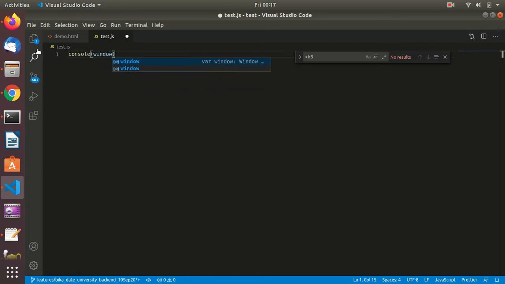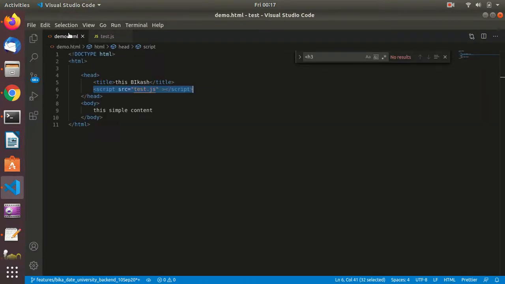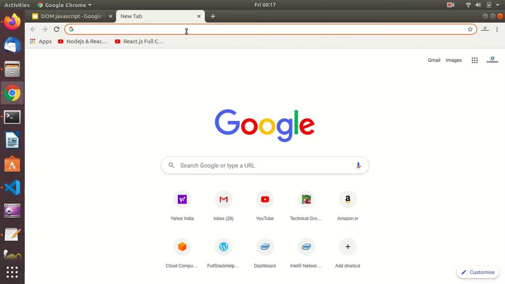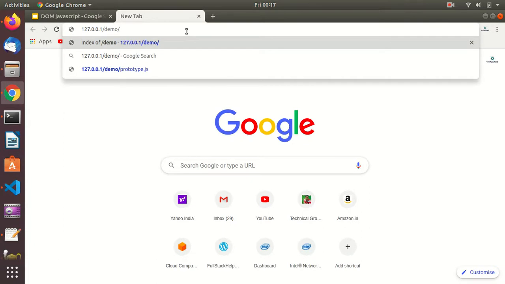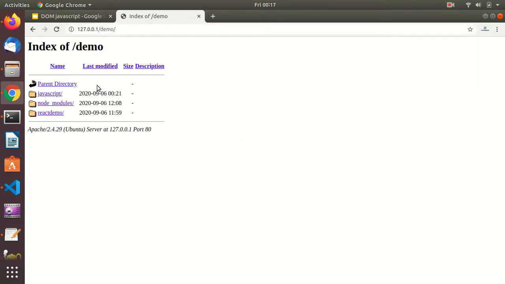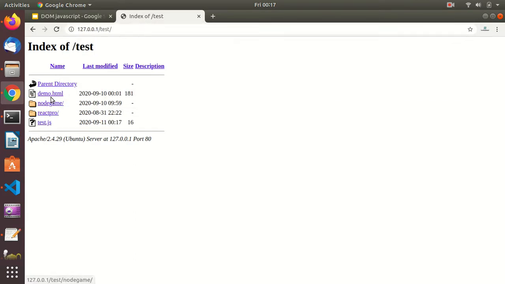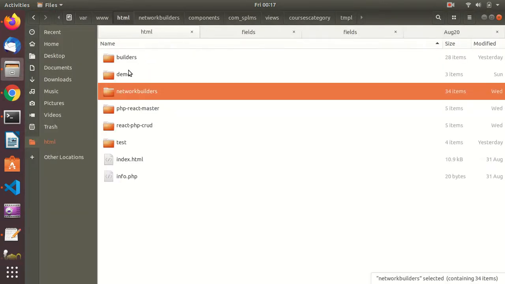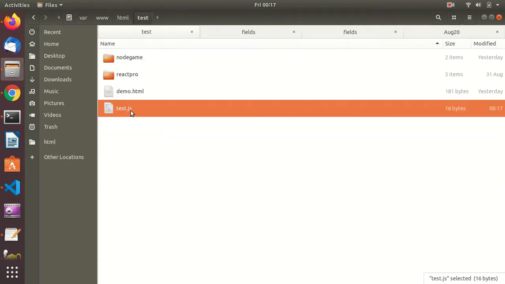In the test.js file I removed these things and simply did a console log of the window object. Then you can see it in the browser. If I print directly in the browser, I can go through the test folder. Now I have saved it locally: here is the demo, then the test folder, then the test HTML and JS file.